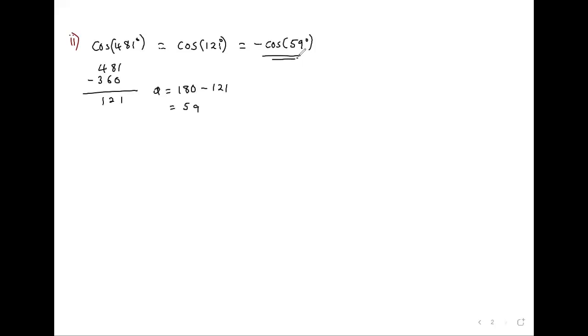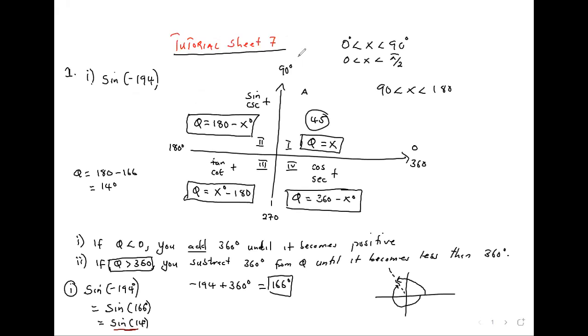Sir. Hello. I didn't get how we added the negative to cos 59. So it starts from the quadrant. What is cos in the second quadrant? It is negative. And 121 lies in the second quadrant. But the question is actually forcing us to use an angle that lies in the first quadrant,